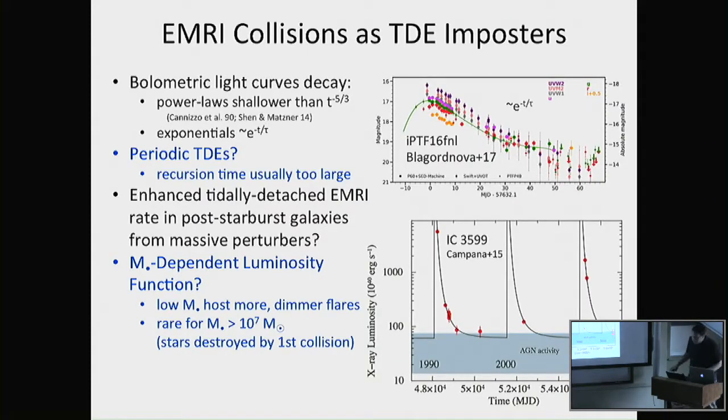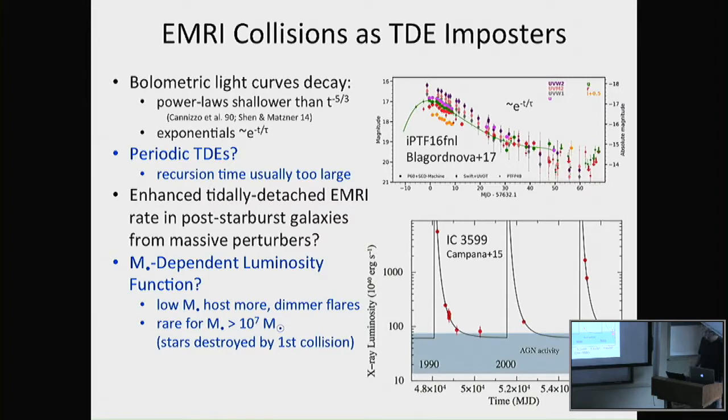It's also possible, if you're feeding the angular momentum of the disk back into the binary, you can show that if the disk doesn't have a chance to viscously spread, then its accretion rate will drop actually as an exponential in time. And there are some TDEs where people have claimed to fit the light curves as exponentials, although I think the data is still a bit iffy on whether you could also fit them as power laws.